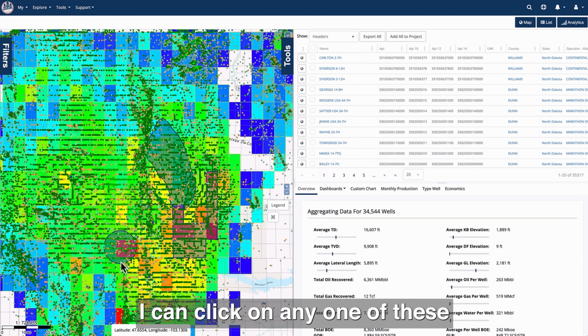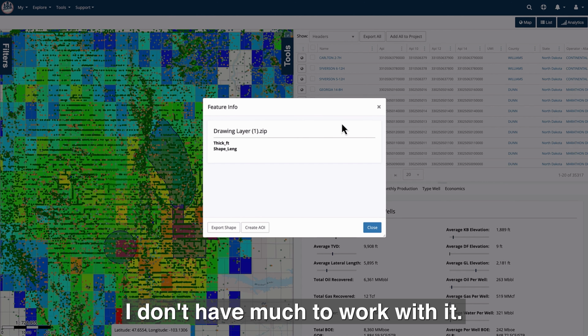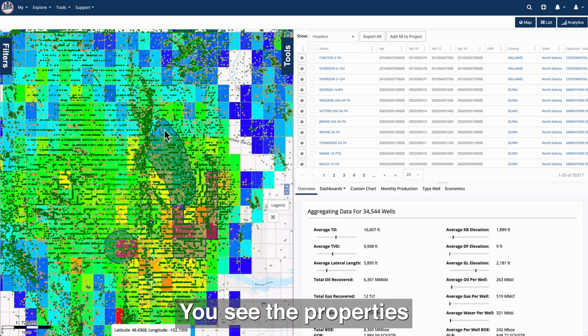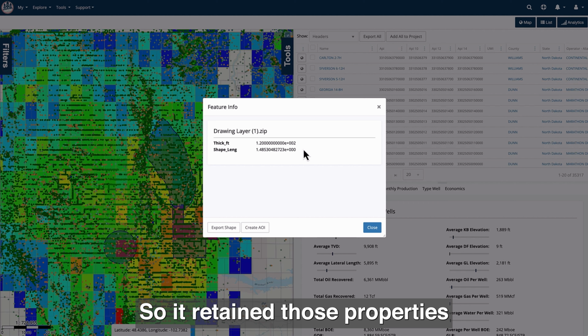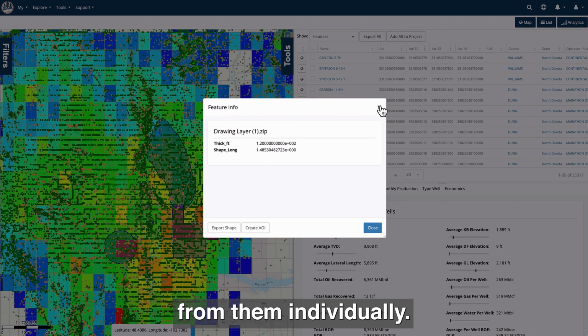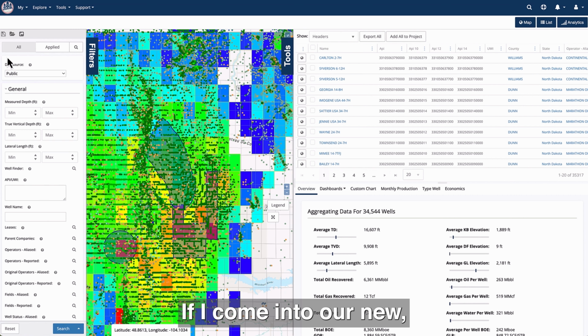I can click on any one of these, and here I don't have much to work with. You see the properties that it brought in. That was because I uploaded that isopach file here, so it retained those properties. Each of these I can export individually. I can create AOIs from them individually. If I come into our new area AOI update search situation here,